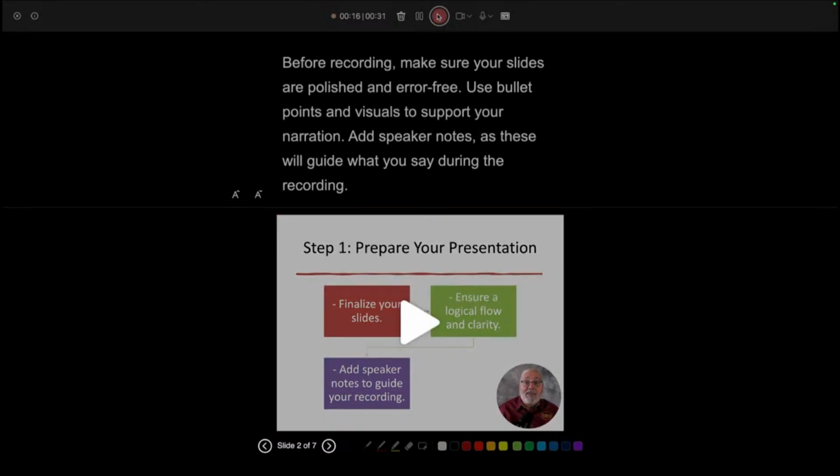I'm going to stop the recording there just to kind of talk to you about that. Speaker's notes are kind of nice to have. I really like to memorize what I'm doing as much as I can. Again, I think if you're reading your notes all the time, you're going to look like you're reading your notes all the time. But hey, it's whatever works best for you. So I'm good with that.